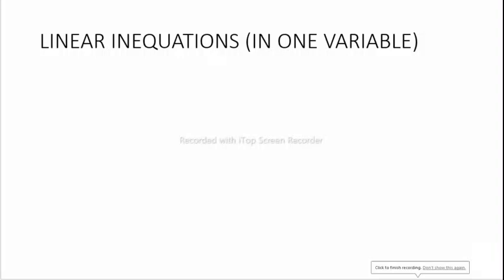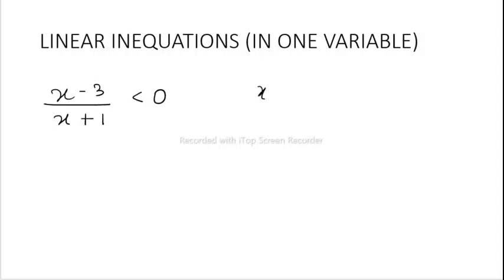Today we are going to do a few sums of linear inequations in one variable. We're going to do a pattern of sums that look very difficult, but they're very easy. Okay, so let's take a sum: (x minus 3) divided by (x plus 1) less than 0, x belongs to R. So we have to find out what values x can assume so that this entire fraction